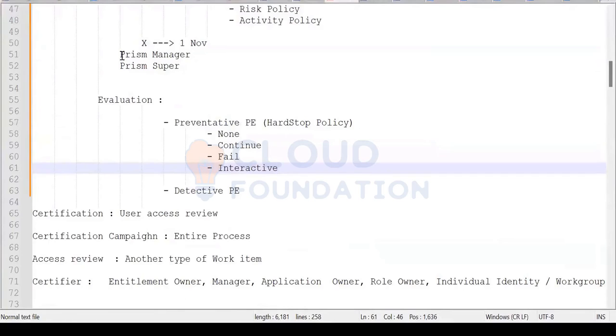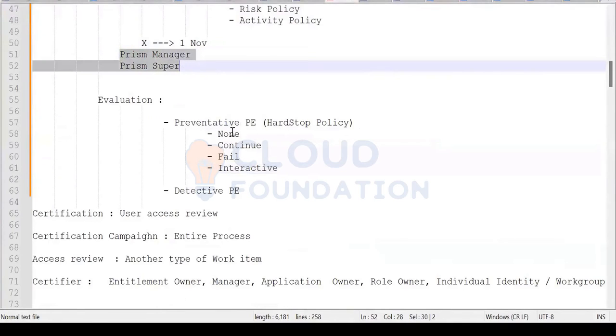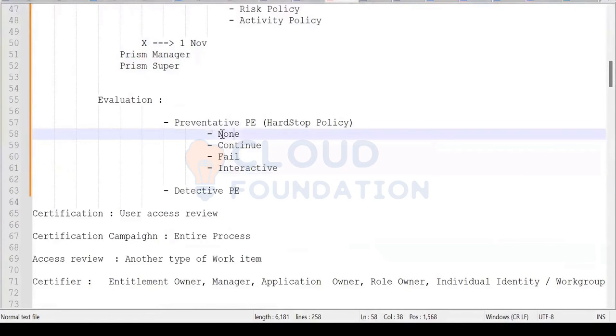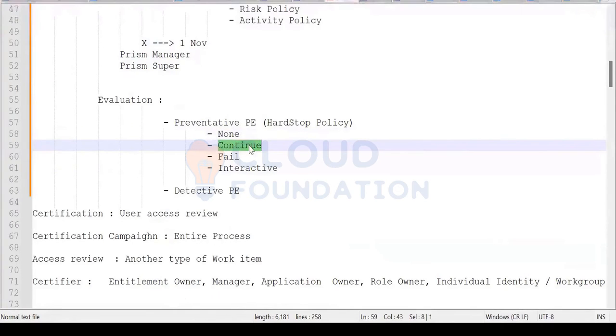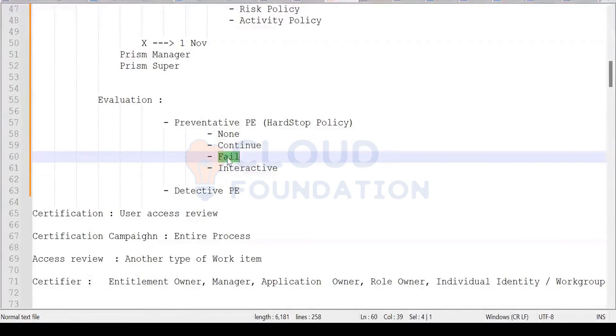None: when a request or item causes a violation, SailPoint should not trigger any violation. Continue means SailPoint will allow the user to submit the request with the violation, so that their manager will come to know. Fail means SailPoint will cancel the entire access request if any violation is found.